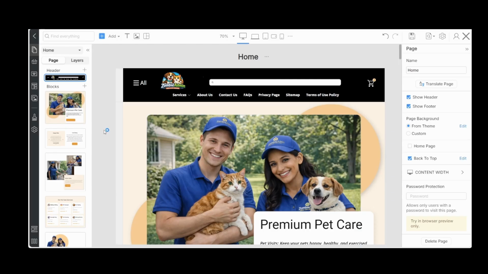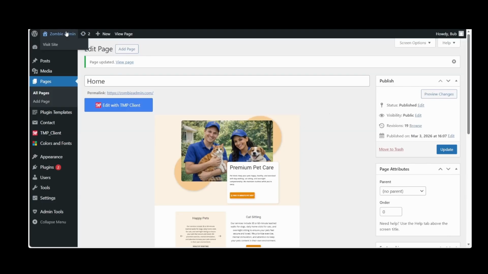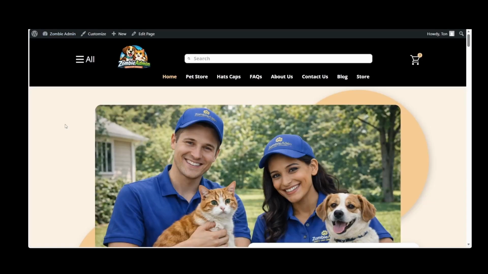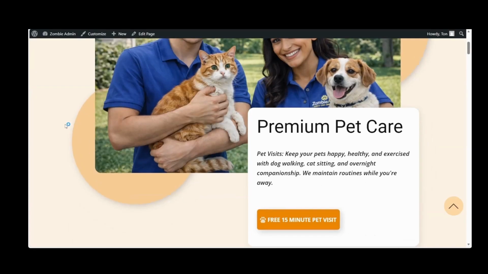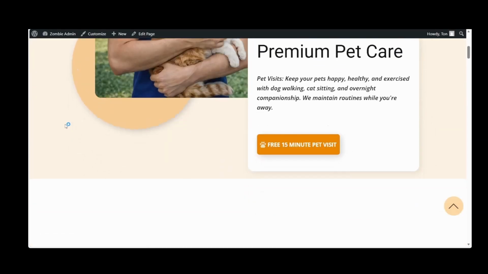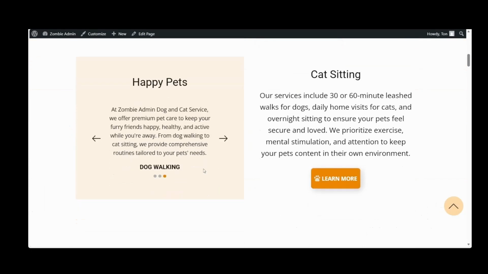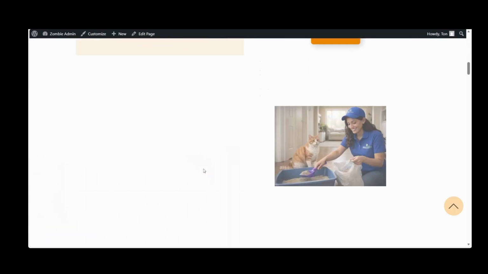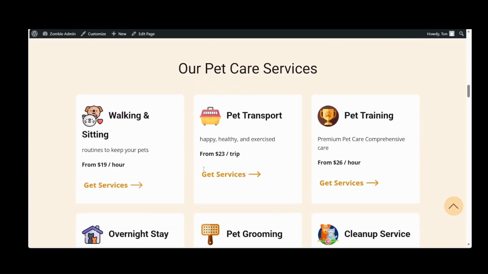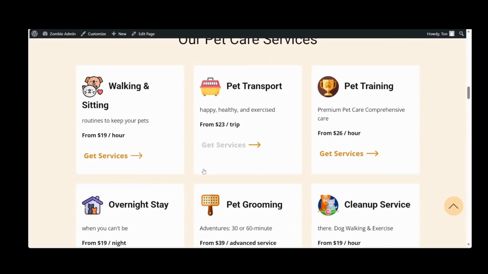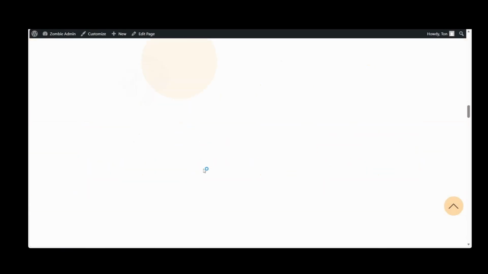Well, I got all the logos in place. And let's head to the front end. Well, I think this came out pretty nice. We sure did a lot with this AI creation. We swapped out the buttons, we added the text, came out pretty good. I like the little paw. We have some good blocks here. The pet care service icon set came out really good. I like that. And what else here?